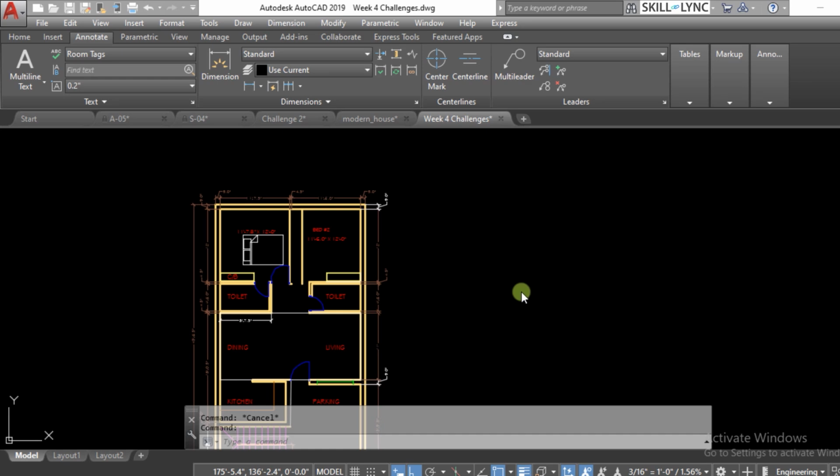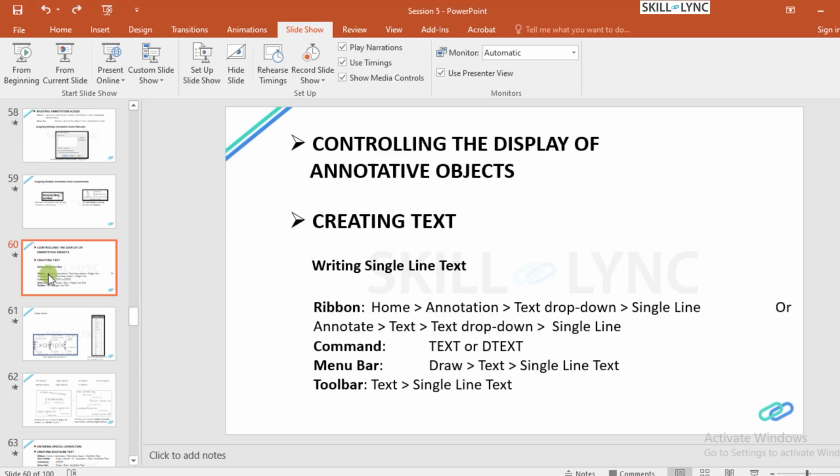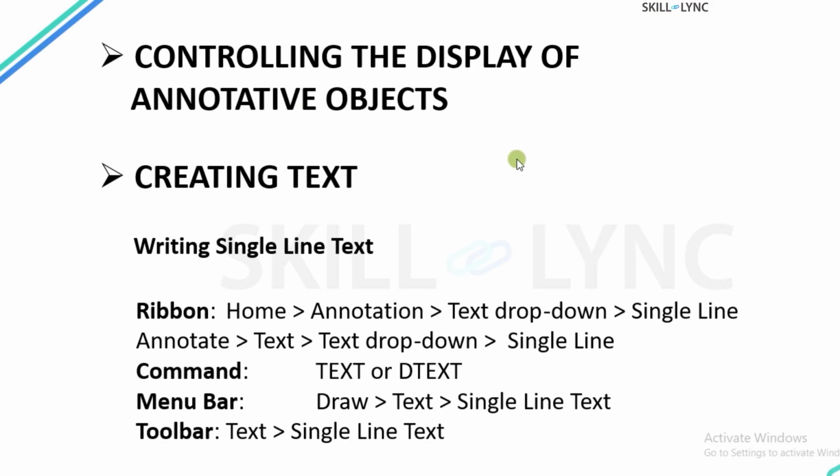So in AutoCAD, you can define the text either as a single line text or a multi-line text. We talked about the annotative objects, and we'll be doing more annotative objects like the leader, the hatch, and other things. But the one thing to keep in mind is text is also an annotative object. So let's see how we write a text and what are the correct ways of writing the text in